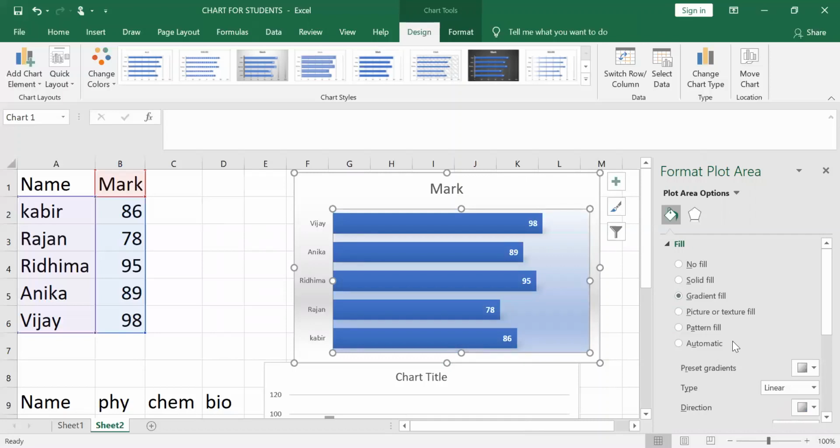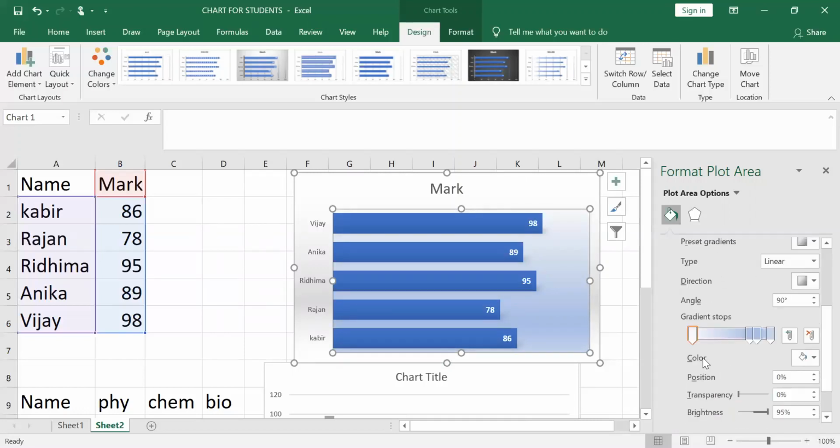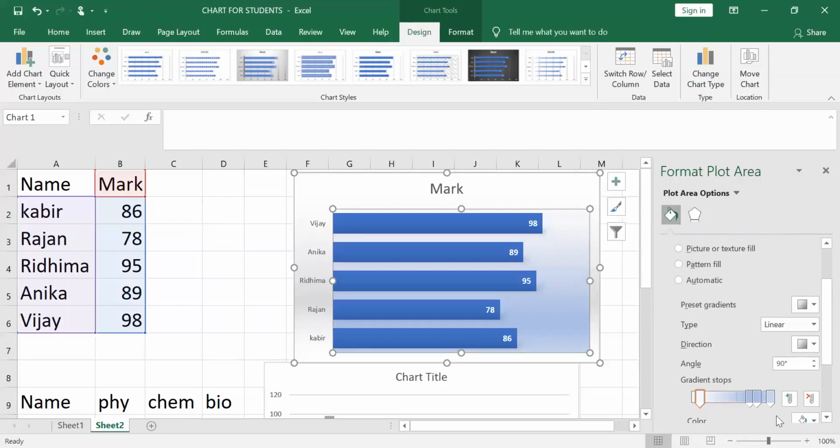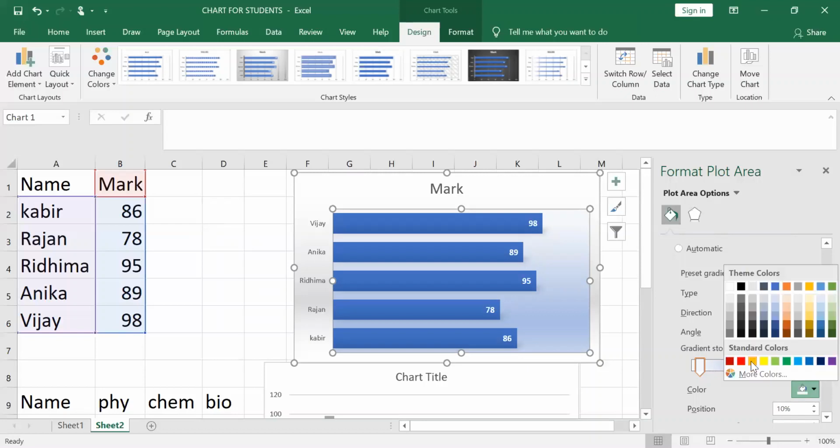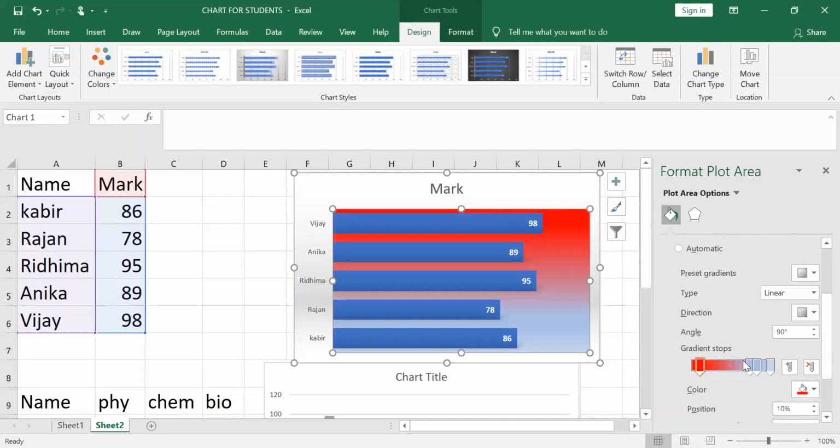Okay. Now click on the color button. So now you can see here the color button is here. Now if I am filling with a different color, just click on the color. You can see the color is changed. Okay. Now if I want to change to this color, the color is changed. Okay. So the color button you can change.